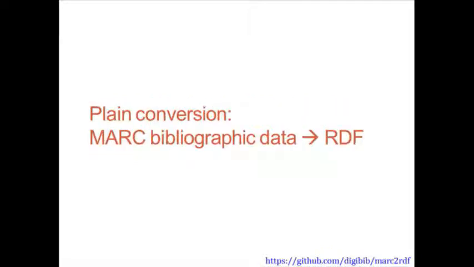It creates an RDF representation of the library catalog by harvesting MARC records through the OAI-PMH protocol and converting them to RDF statements, or rather than expressing MARC records as RDF statements, it seeks to identify the information and the semantics that's contained in the MARC records and expressing those as RDF statements.